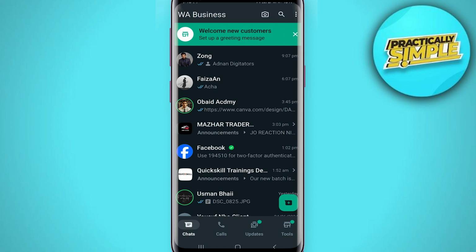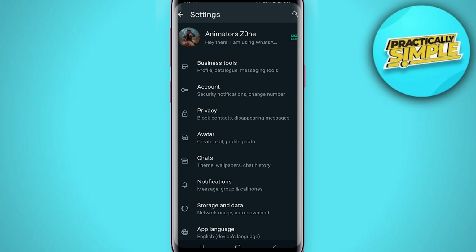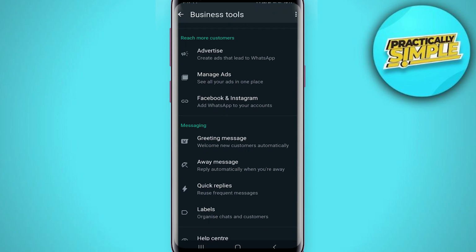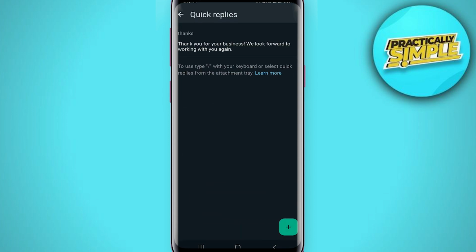Then tap on these three dots in the top right corner and go for this settings. Now tap on this business tools here and just scroll down to find this messaging tool section. And from here we can see this option which says quick replies. Just select that and as you can see these are the quick replies and you can also customize this the